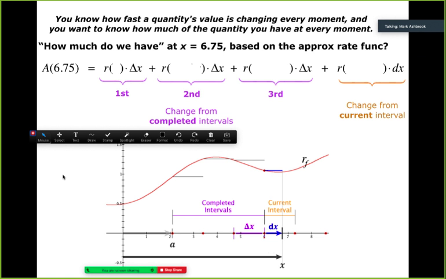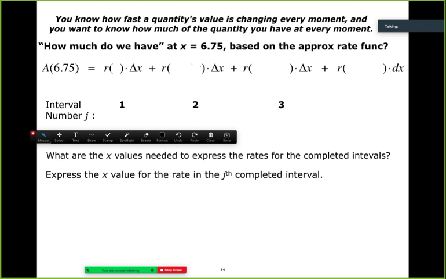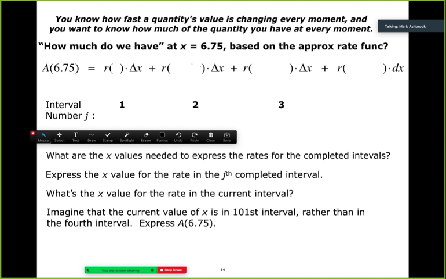So we said that we're trying to build a one-line accumulation function, and the main structure is going to be the sum of accumulated bits from completed intervals plus a little bit more accumulation in the current interval, and all of those computed by rate times change in x, right? And so we figured out, I think we got to the point where we said that we know that in the